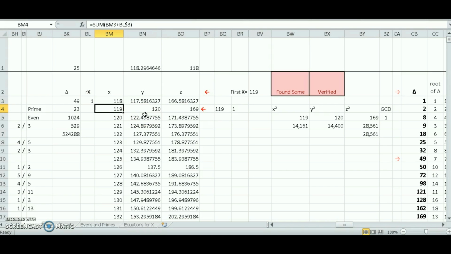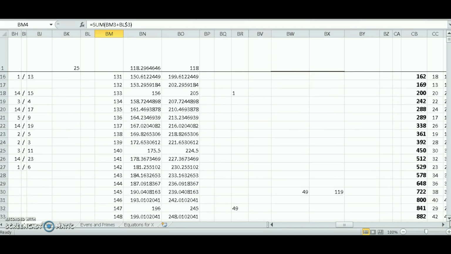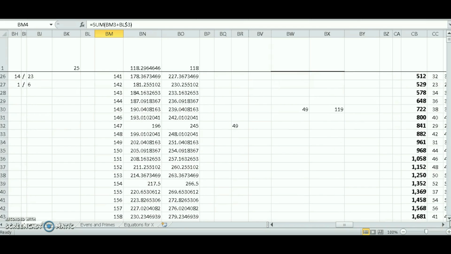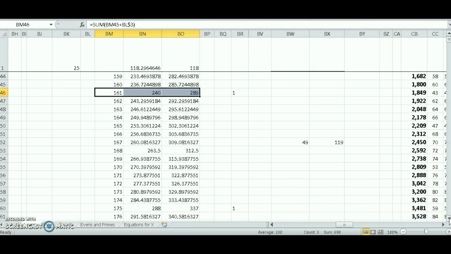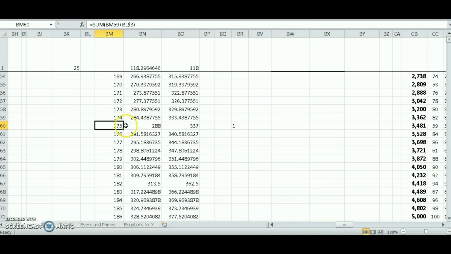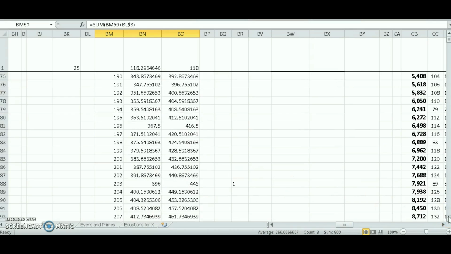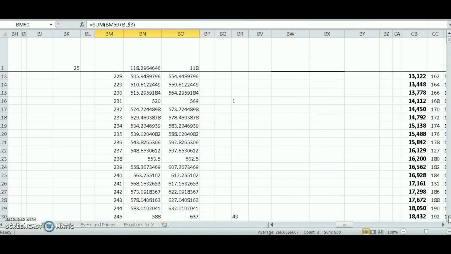119 squared plus 120 squared does equal 169 squared, or 13 to the fourth, if you wanted to look at it like that. And then as you scroll down here, you see a reoccurring pattern, and then all of a sudden, bam, there you go. Here's another one that works. And you can keep going. There's another one that works. You'll see that the frequency of the ones that work start to increase and then suddenly decrease, but overall,